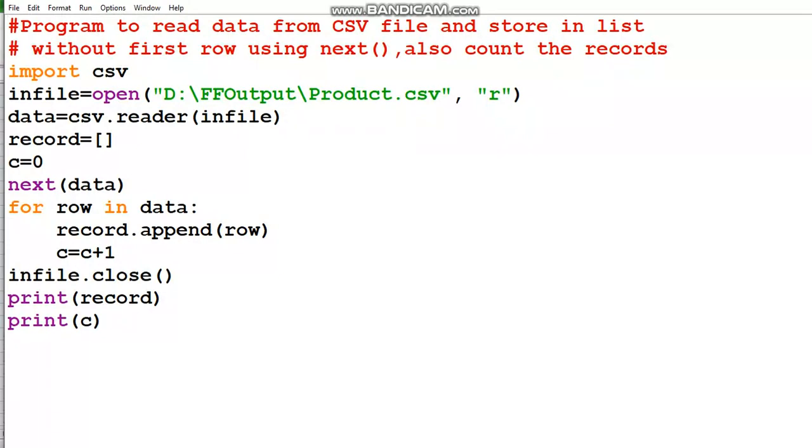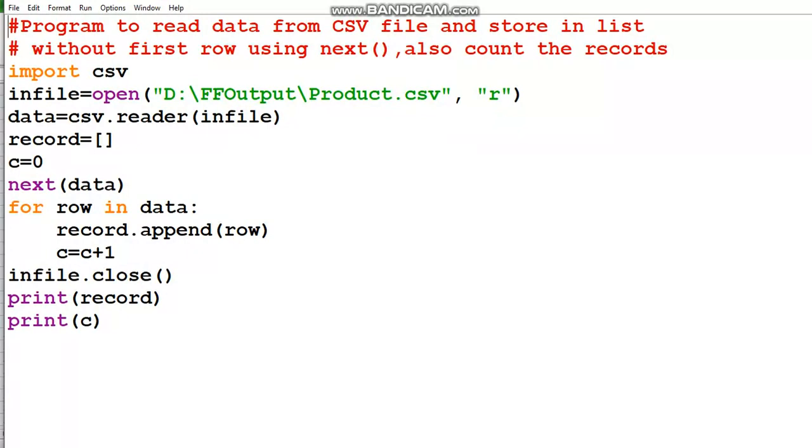Same as in the previous example: import csv, open the file, read the data, then an empty list, and here we'll be counting the records also. While counting the records, I don't want to count the header row where only headings are given. I want to count those records where data is stored.